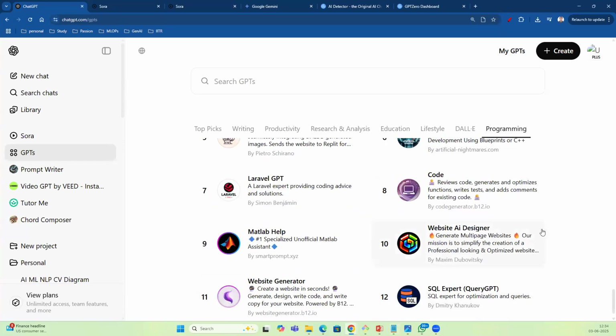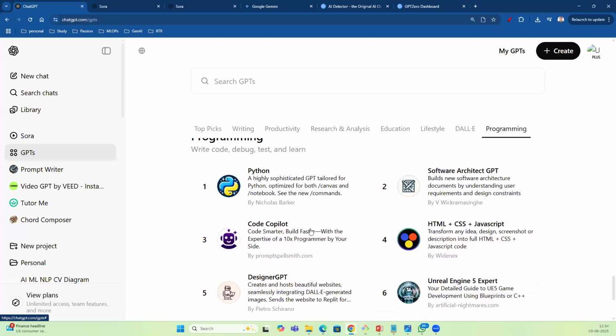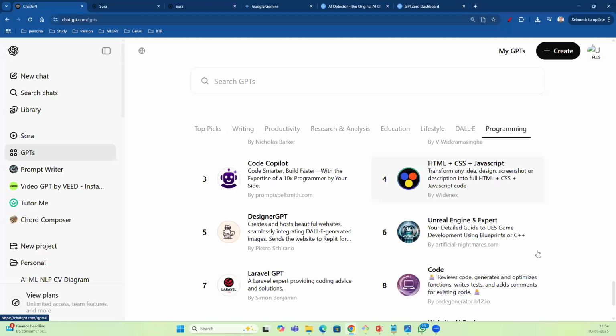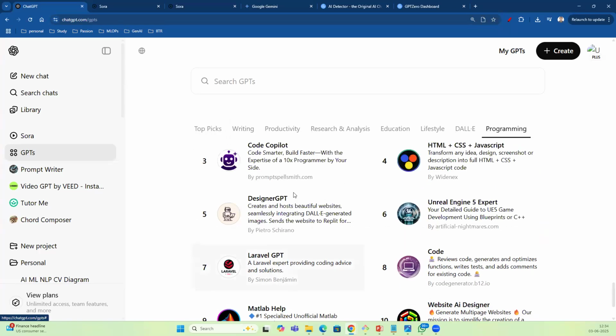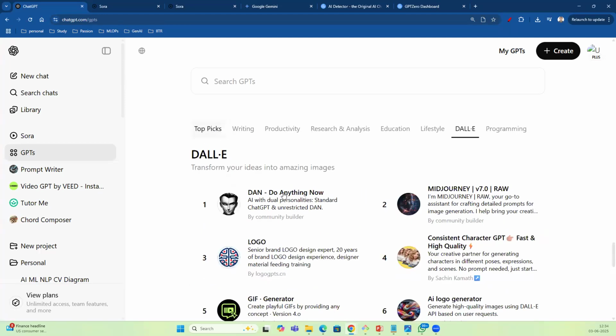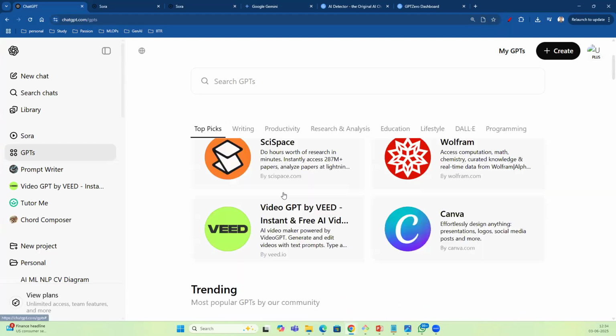When I asked it to write a Python code or function, in the background it actually asked one of these tools, and it has given us this output. So you need to spend time and explore. There are thousands of tools. Canva is also one of the best tools for creating